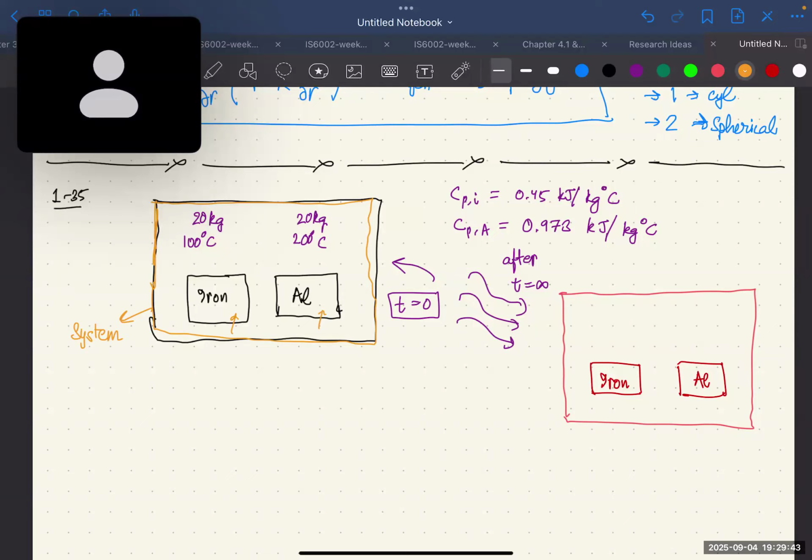So simply applying the first law of thermodynamics, we have E in minus E out equals delta E of the system. And what is delta E in the system? It is zero because the system has no volume. So essentially what we are saying is, E dot